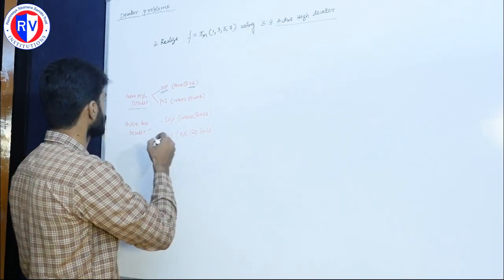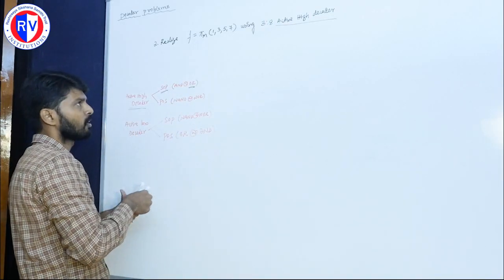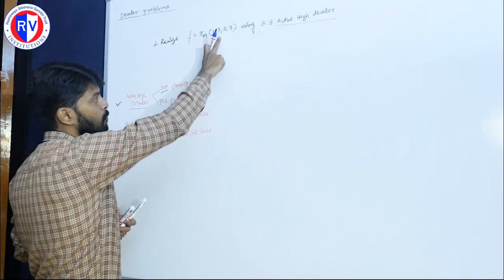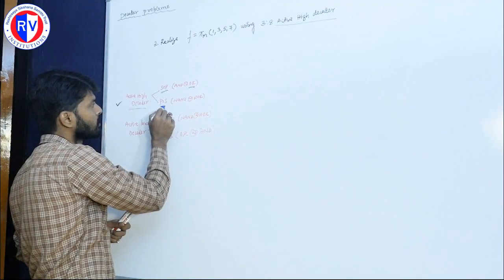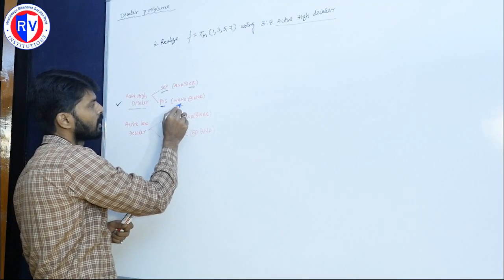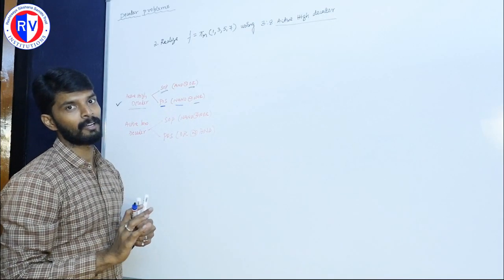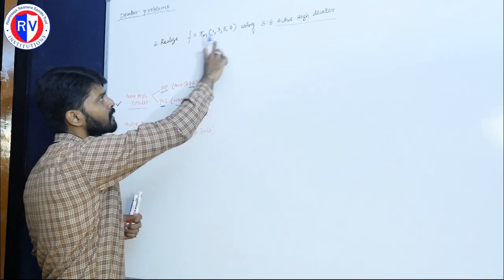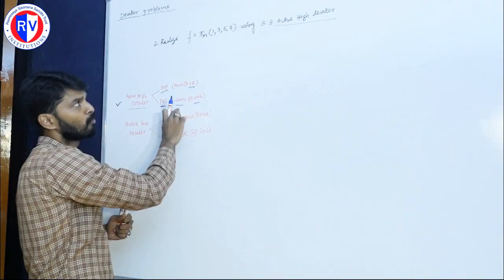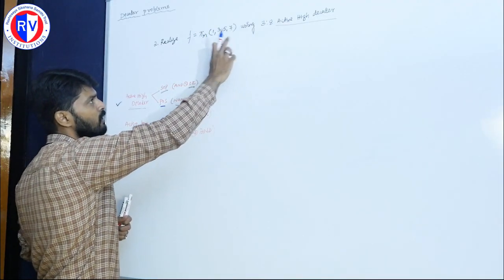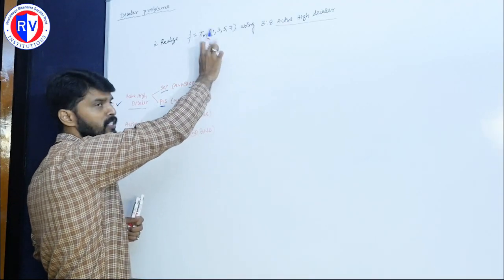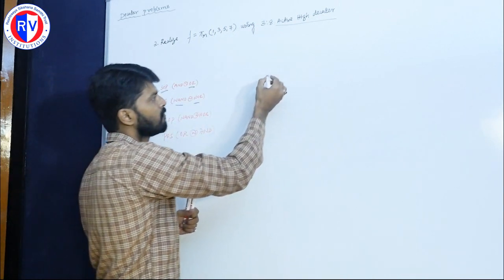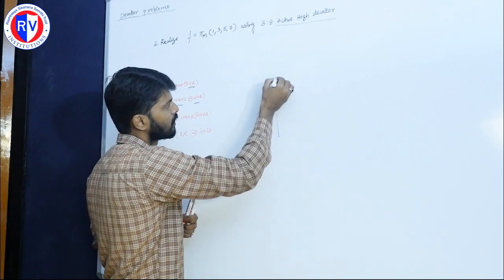So the one thing that is clear is we need to use an active high decoder. Now this is the POS equation. In order to generate the POS equation, either I can use a NAND gate or a NOR gate. Are you clear? So now we got the solution. In order to realize this equation, we need a NAND gate, because this is the POS equation. In case of an active high decoder, if I want to design a POS equation, then I need to use a NAND gate. Okay, now I will construct a